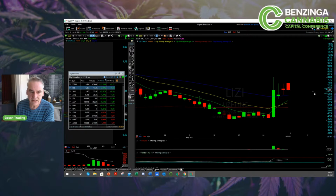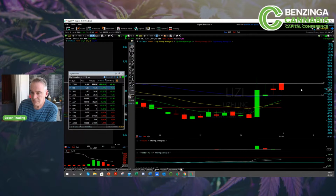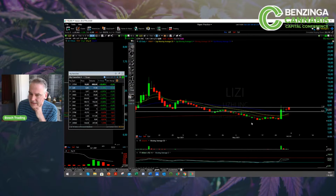This 50 moving average right here seems to be some kind of support. Tried to here and now here on Friday also used this as support. So 631 to the downside certainly is support. And then you have these two highs here for day trading. This might be a great day for Lizzie. If you want to short this one, you have to look up if it's hard to borrow or not. I'm not sure really, but on Lizzie,